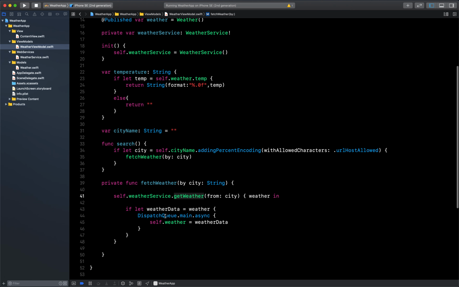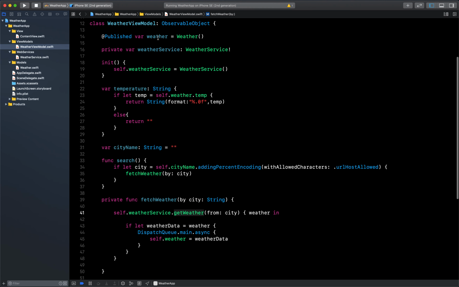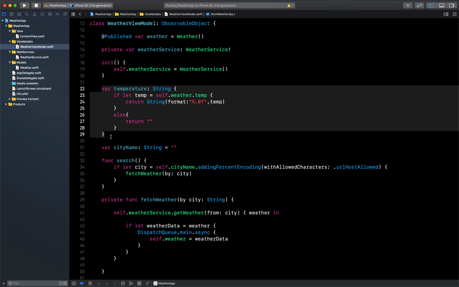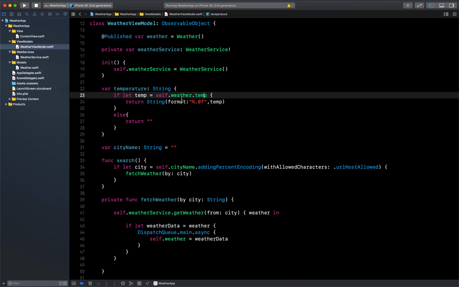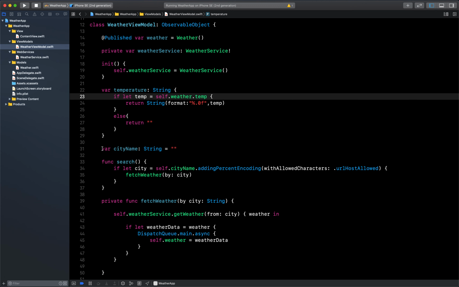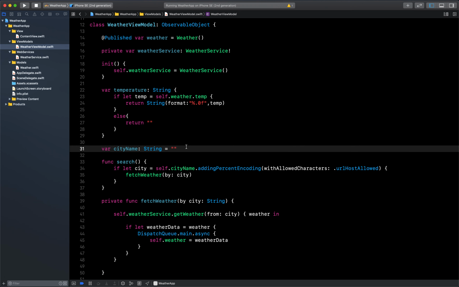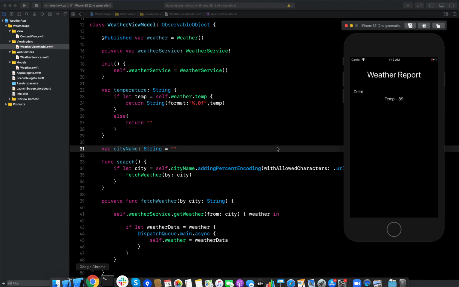Once we got the data, we assigned it to the local weather property, which is @Published, meaning it is going to publish the data to all the subscribers. We have also passed the data, which is temperature, inside weather and formatted it properly. Then we created one city name, which will be assigned when the user types anything inside the text field on our main view.